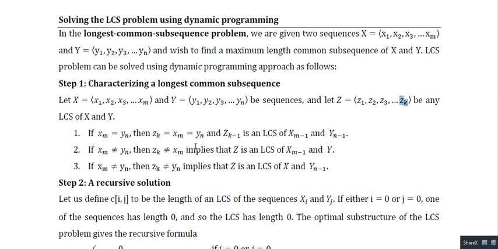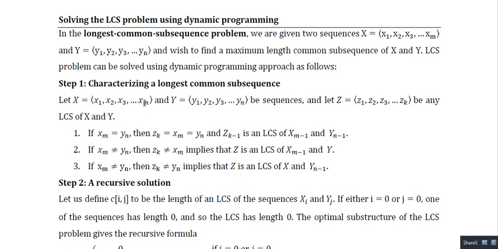You can write anything, right? Because xm and yn being the same means we have to write like that. Okay, zk equal to xm equal to yn, right? And now, the last term is obtained because this xm matches with yn, so we are left with how many characters of the LCS? Z, k minus 1. Okay, so next what we will do, we will write zk minus 1 is an LCS of, excluding this character, X up to xm minus 1, and Y up to yn minus 1, right?